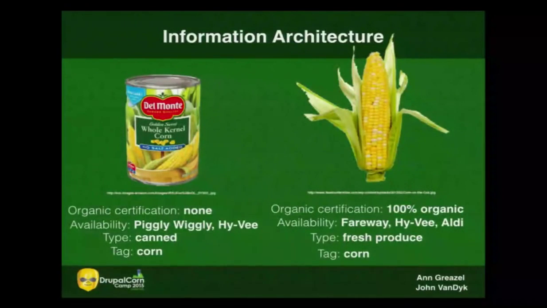So here's just a real brief example. If you look at foods that we've been talking about, here's some things that would make sense. A free tagging field, in which case both of these things would be tagged with corn. And then maybe if you're doing some sort of website about healthy foods, you might want to break it into different categories or types of whatever it is, in this case food. So types of food, canned versus fresh produce.